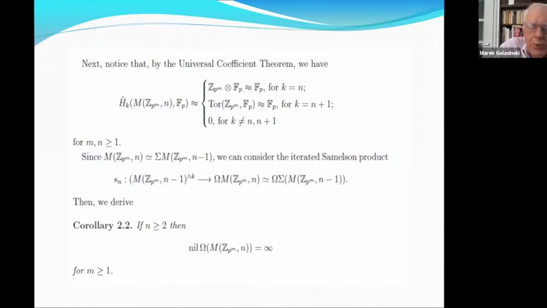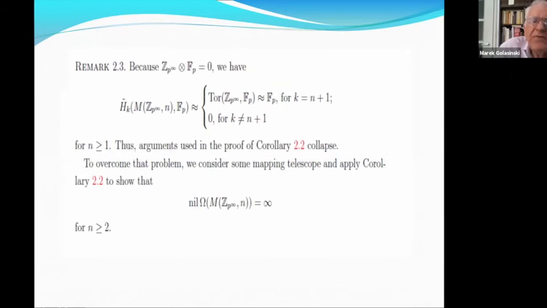So the homotopy nilpotency of loops on such Moore spaces is infinite, where n is at least 2. But for us it's also interesting the case where m is infinite. Namely, we are going now to discuss the nilpotency of Moore spaces where we have Z/p^infinity, that is the Prüfer group. But for the Prüfer group, we have a problem. Namely, the tensor product of the Prüfer group and Z/p is 0. The reason is that Z/p^infinity, the Prüfer group, is divisible. So if you consider the tensor product with Fp, it is 0.